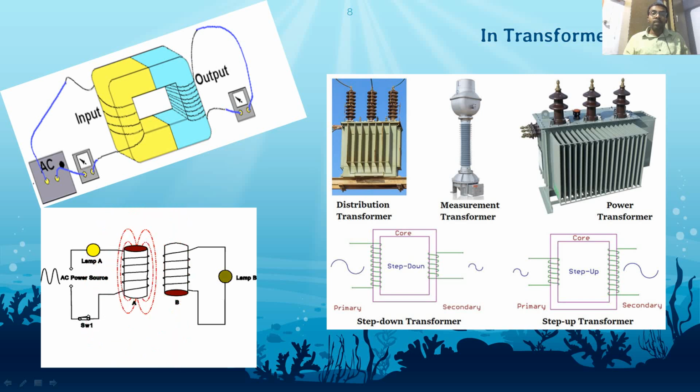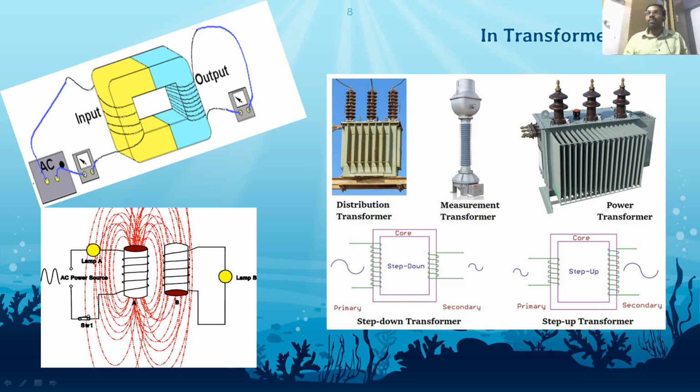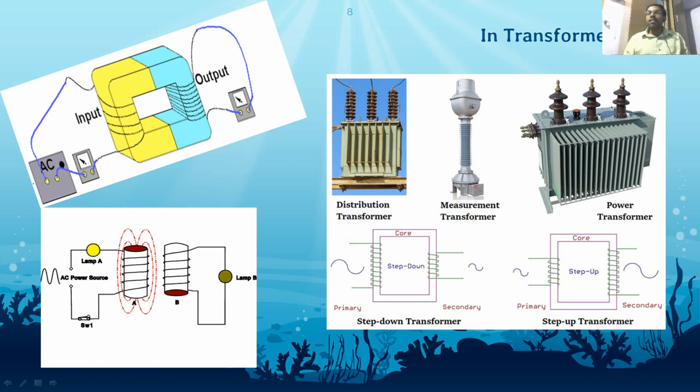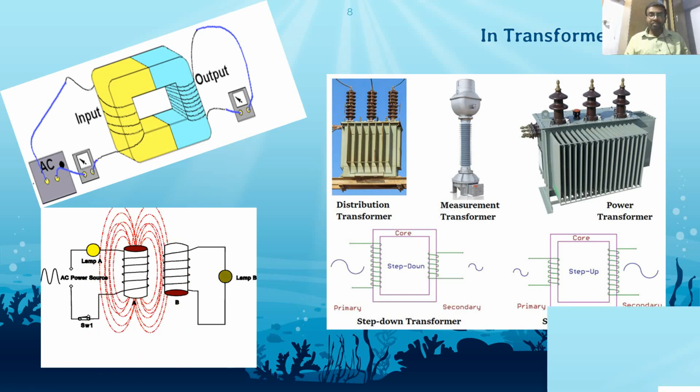Look at this: this is the primary coil, this is the secondary coil. Primary side voltage is AC, and secondary side voltage is also AC. According to the mutual inductance principle, the transformer works in this case. The secondary current is mutually induced from the primary winding to the secondary winding according to the mutual inductance principle. Here also the AC power source is used. We will talk about this transformer in another presentation.